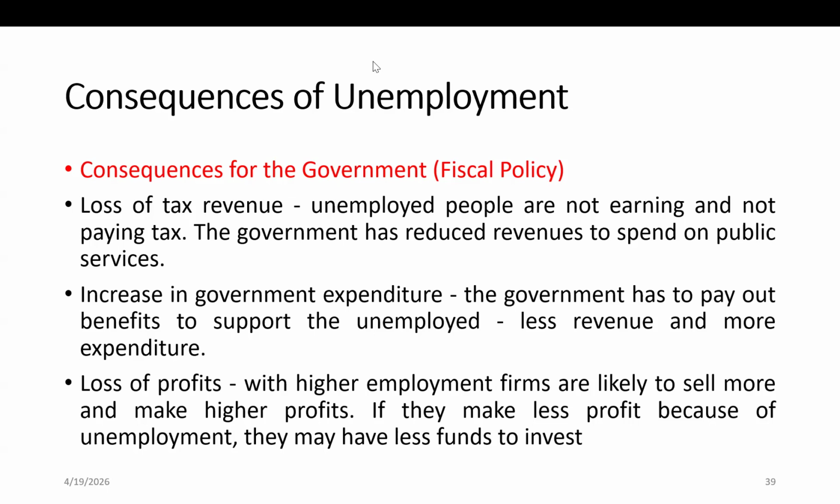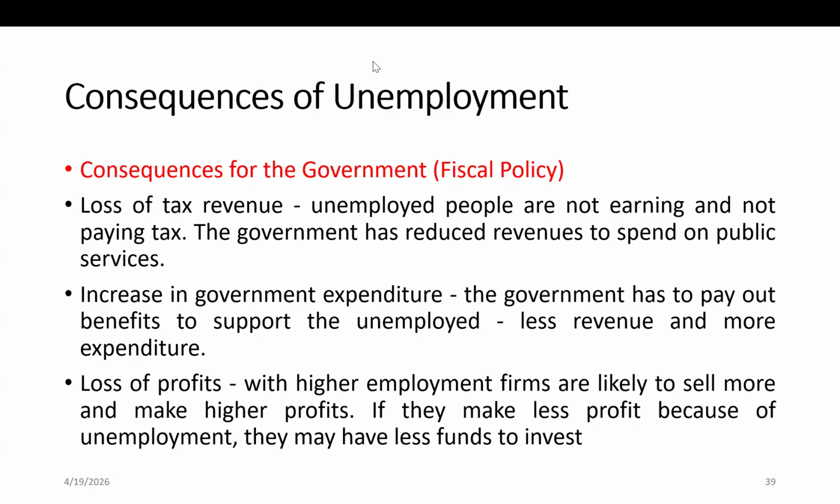compensation. Like in Sri Lanka, we have Asvasuma and all. Those are for the lower income people, right? So those things should be done by the government. That means the government expenditure will increase while their earnings will decrease. And